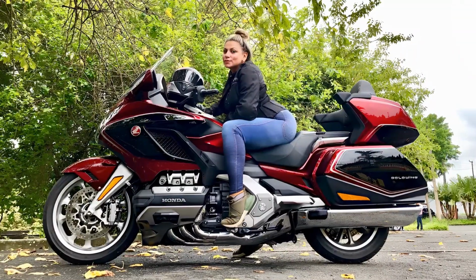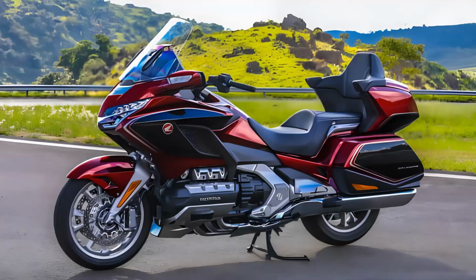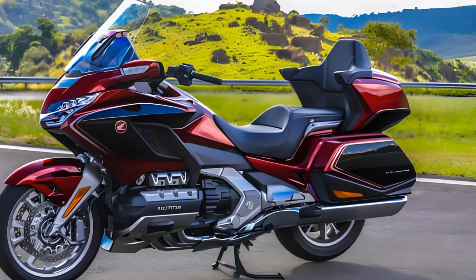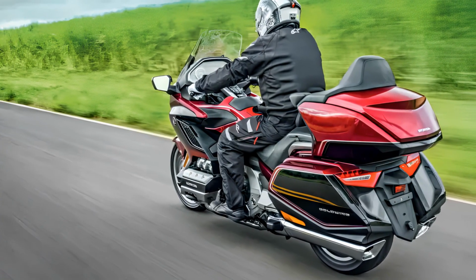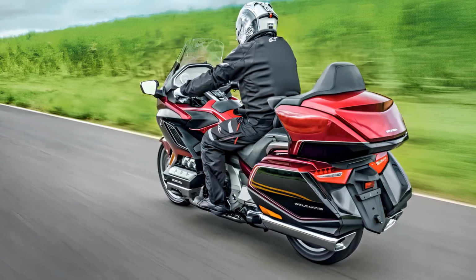Its shaft drive system reduces maintenance needs, and the DCT, or dual-clutch transmission option, allows for seamless automatic shifting, enhancing comfort for riders who prefer a relaxed journey. Comfort is a priority on the Goldwing. It features a plush, ergonomically designed seat, ample legroom, and an electronically adjustable windscreen, all of which contribute to a